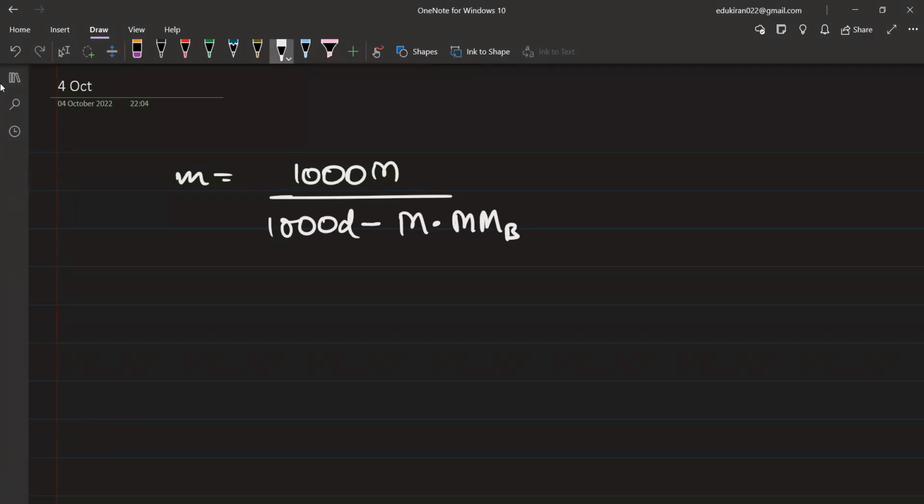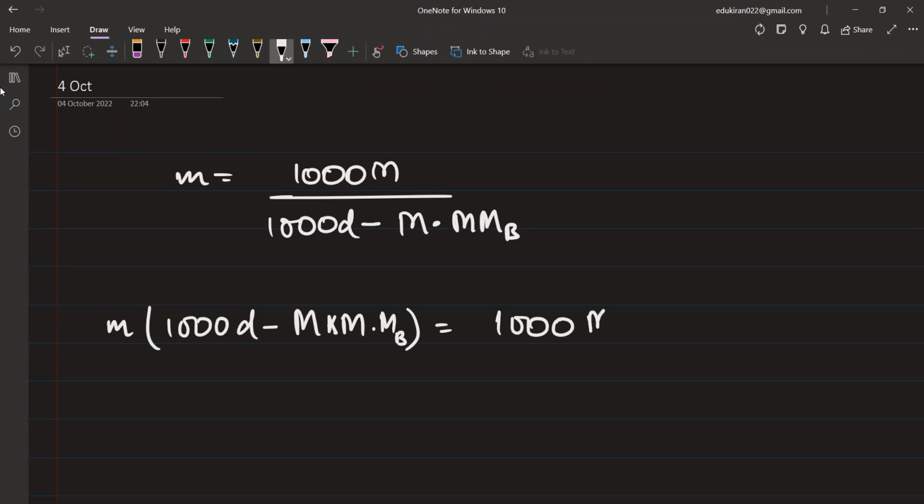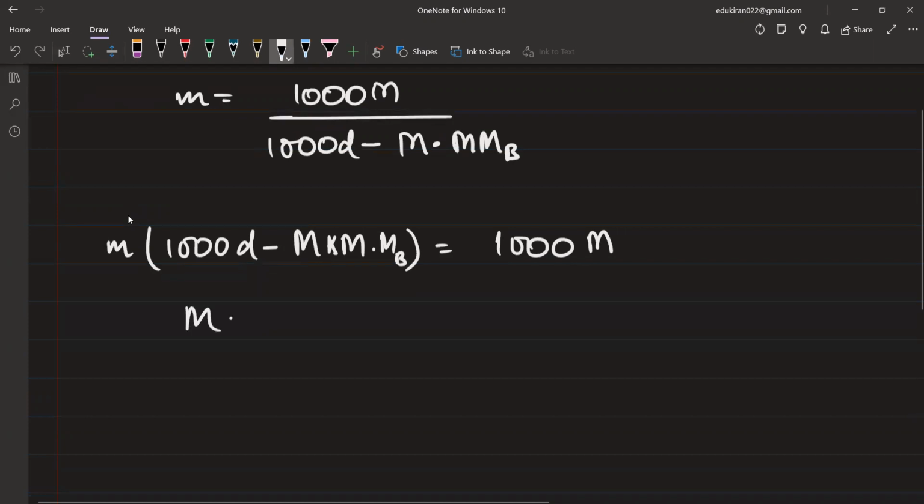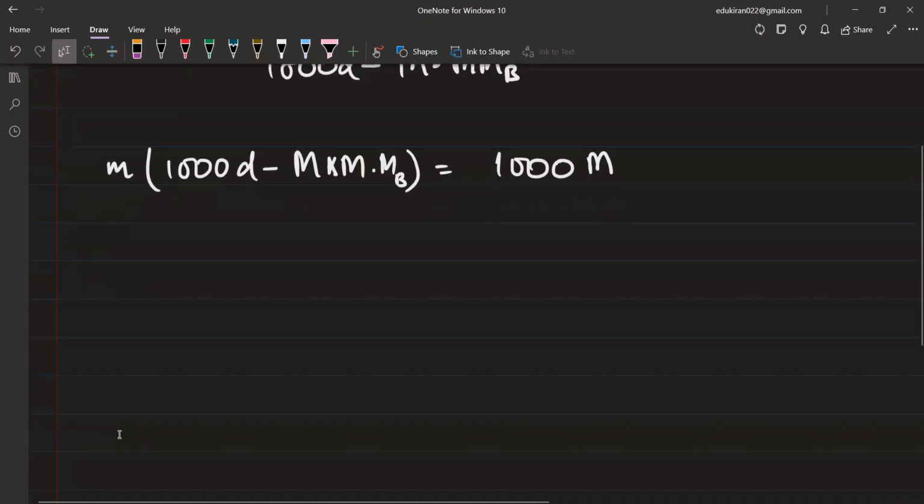यस, ठीक है। अब यहाँ पे आपको क्या निकालना है? मोलारिटी निकालना है ना, तो इस फॉर्मूला को पहले रीअरेंज कीजिए। कैसे करिएगा? m into 1000 d minus capital M times m and mb is equal to 1000 times of molarity। आप इसमें अरेंज कैसे कीजिएगा कि ये m is equal to आ जाए? हाउ विल यू अरेंज इट? मैंने तो वैल्यूज डाल दी थी पहले ही। वैल्यूज डाल दीजिए आप, फिर भी आपके पास m आना चाहिए ना यहाँ पे, 3 हो जाएगा ये।